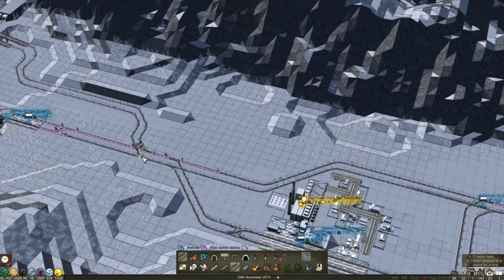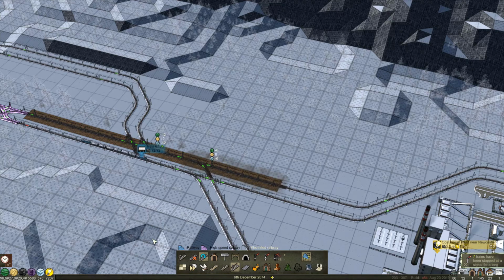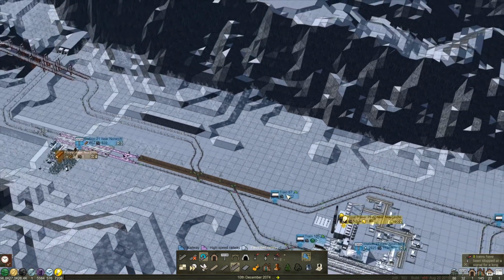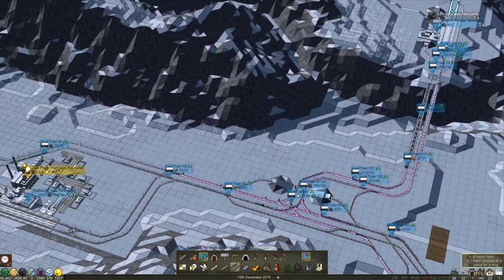So like this track here would need to be upgraded. But I don't think we have enough. Well, we may have. Yeah, so we're pretty short on iron anyways. So what I'm going to do is I'm just going to put on, for now, some